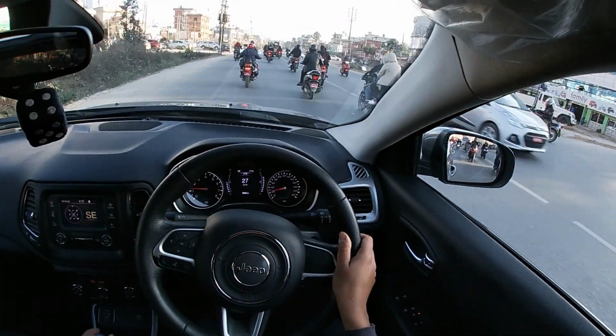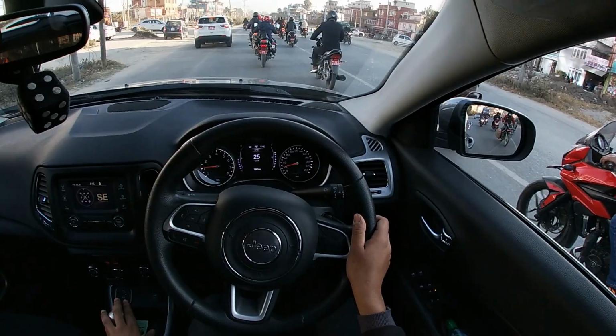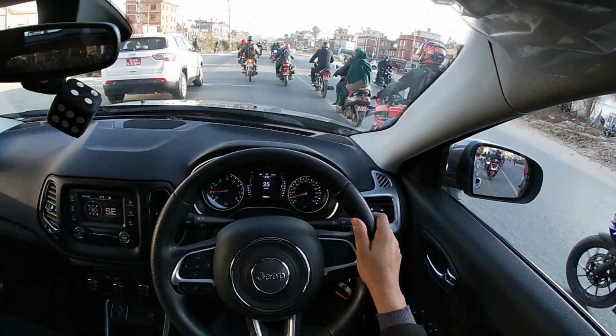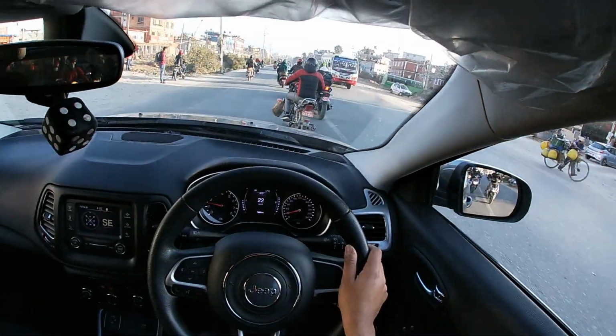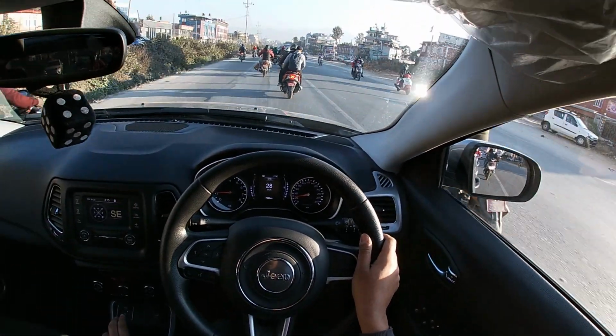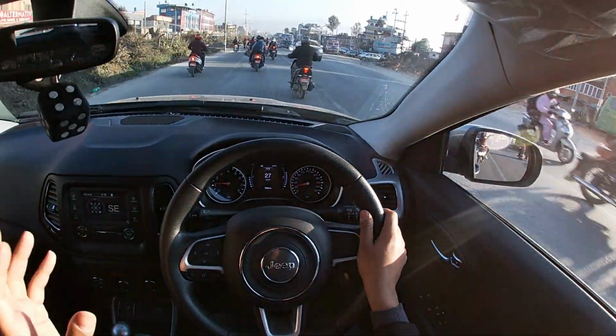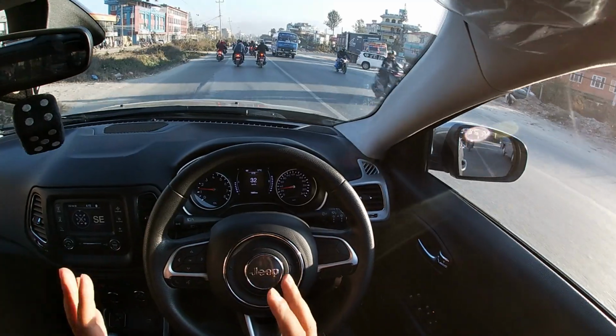This is the 1.4 liter multi-air petrol engine that is turbocharged. It produces around 163 horsepower and 250 newton meters of torque. On paper, that is a pretty nice number. And to be honest, you can see it on the road too, but before that, one thing after